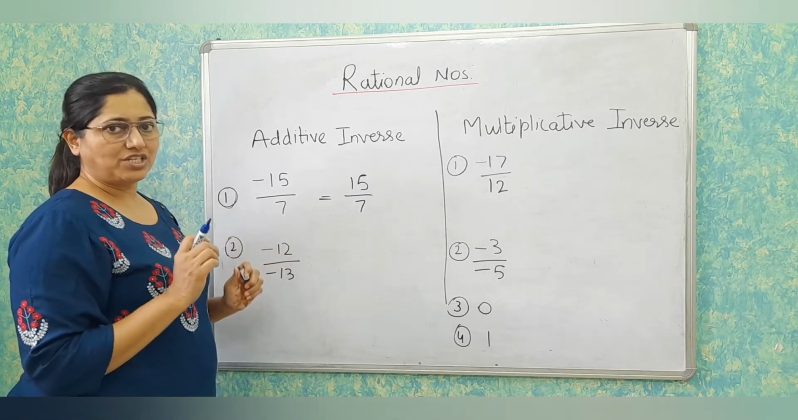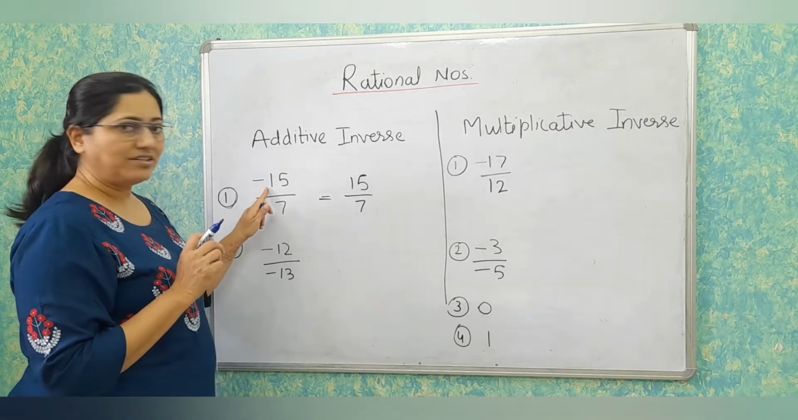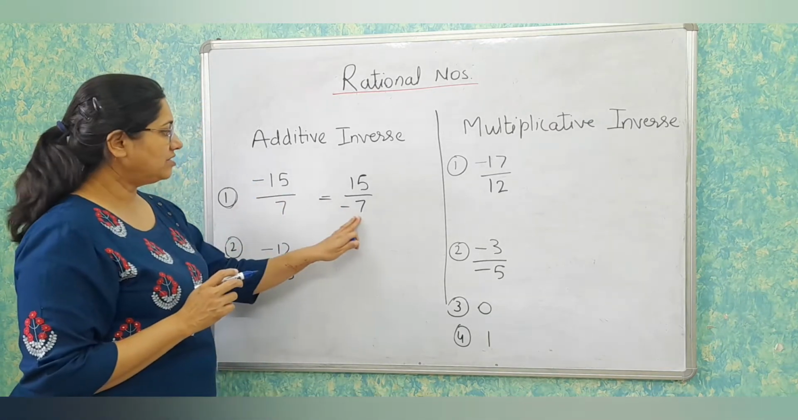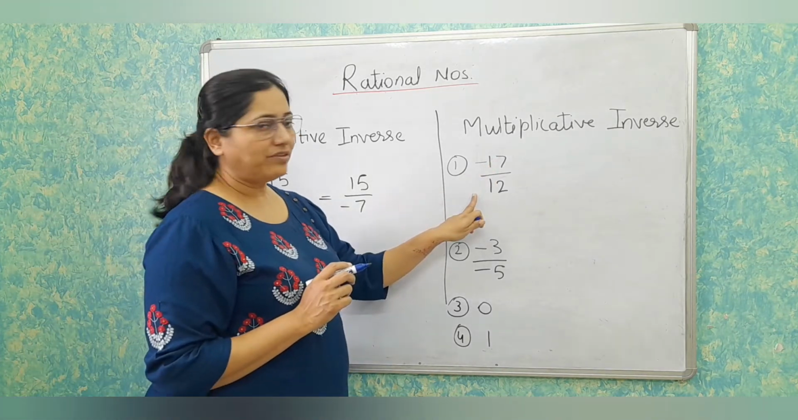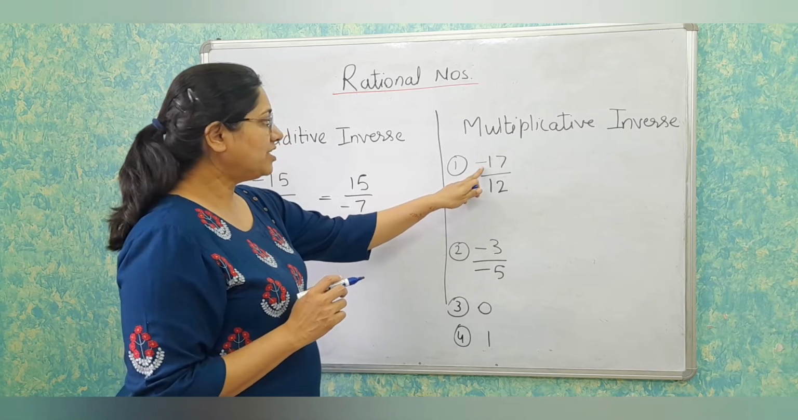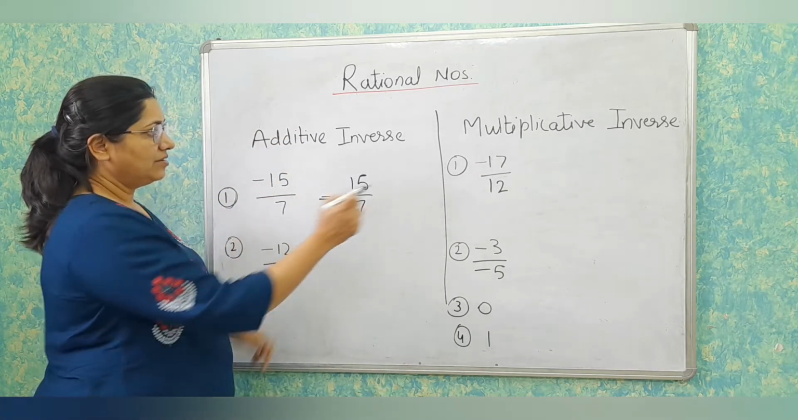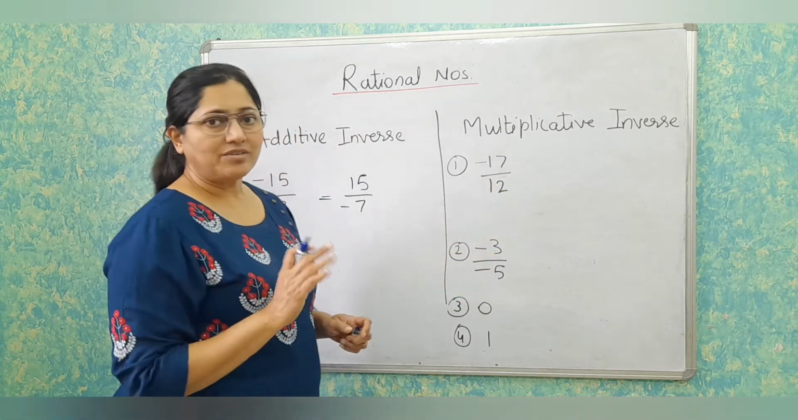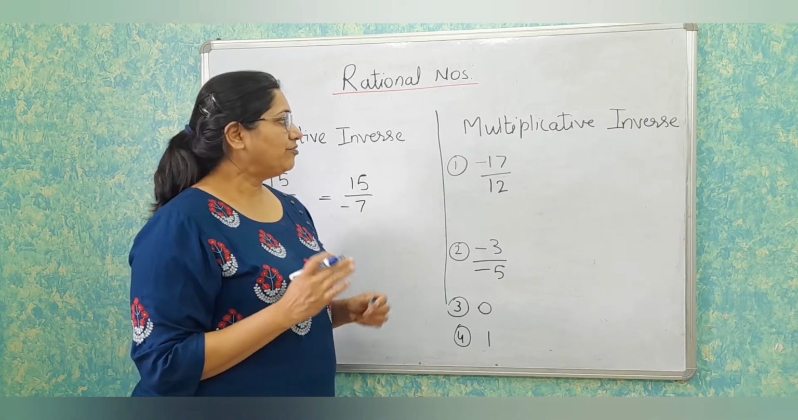I just have to change the position of this negative sign. Negative sign is in numerator position, so I will make it in denominator position. This is the answer. But in multiplicative inverse, again numerator is negative, same as in additive inverse case. Minus 17 upon 12. But two rational numbers are said to be multiplicative inverse of each other if their product